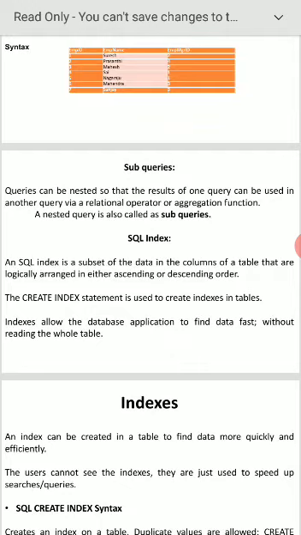See here, an index can be created in a table to find data more quickly and efficiently. What is the purpose of the index at the end of the book? Otherwise, you would have to search each and every page to find a particular topic. Instead, you directly go to the end of the book, there is the index, you see your topic, and in front of it they mention the page number. Directly you can go to that page and get that information. Like that, here also we can create indexes by making use of the index statement. Then we can quickly and efficiently access the data.